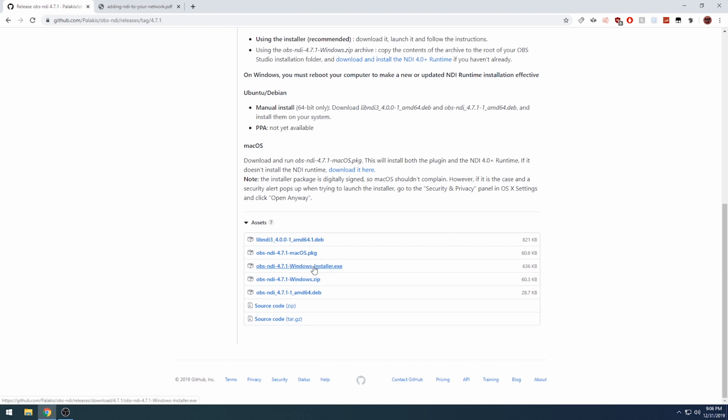The one that we're going to look for is the Windows installer, since this tutorial is for Windows 10. So what you're going to want to do is install that. Once you install it completely, restart your computer. As you can see here, I'm using OBS to record now. But if you installed it successfully, you should now be able to go to Tools, and you're going to see